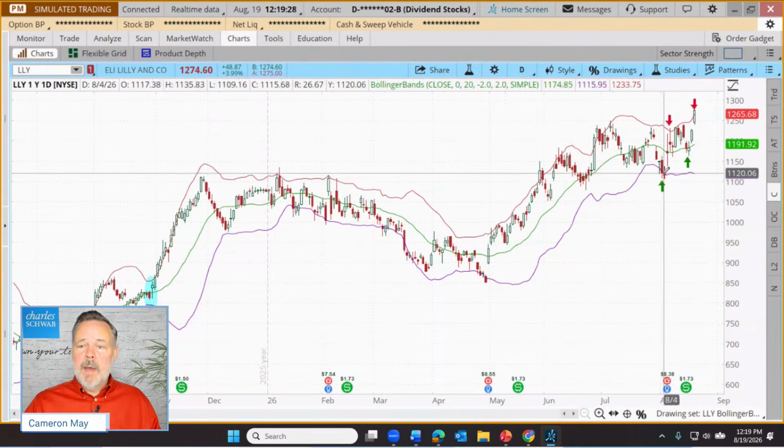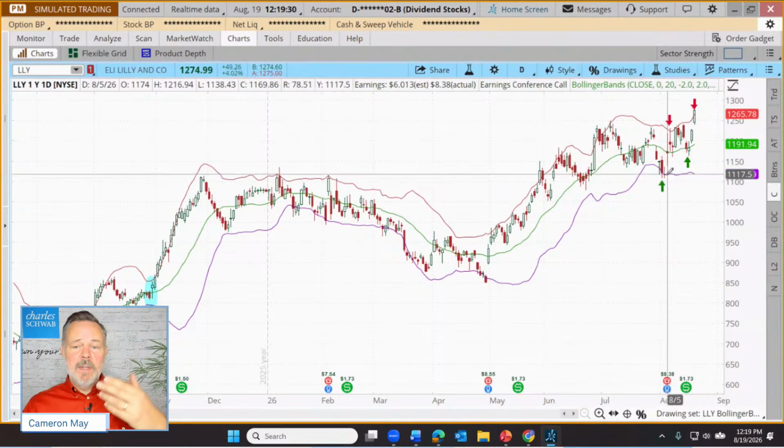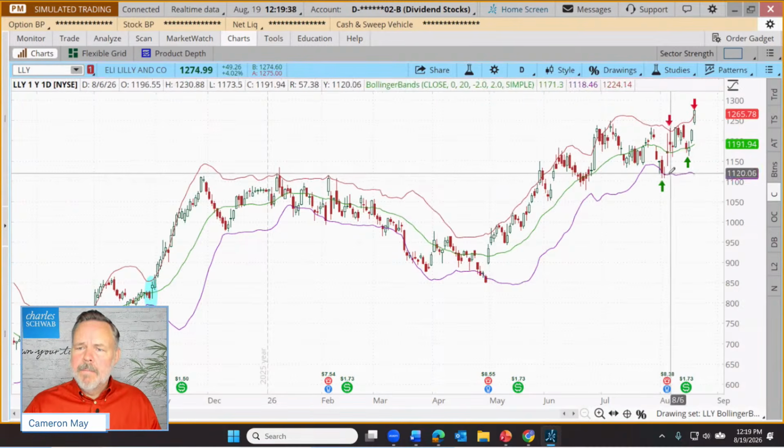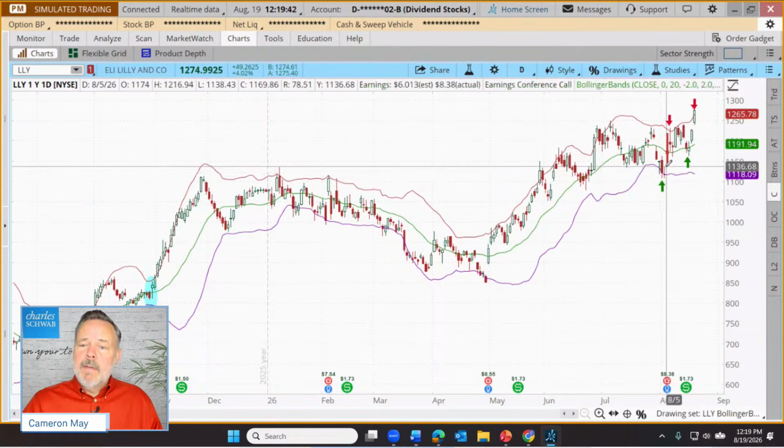And for some traders, they might recognize, wow, this is about as far as we typically get before prices start to move back to normal. There may be a reversion to the mean at this point. That just means going back to normal. So price, in this case, that worked out. Price started to rally.